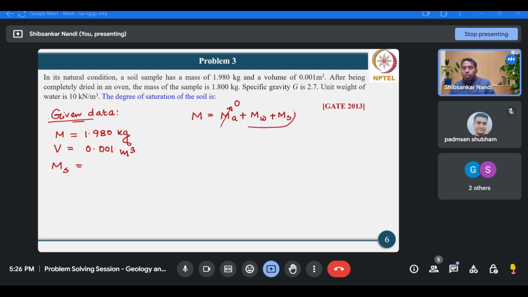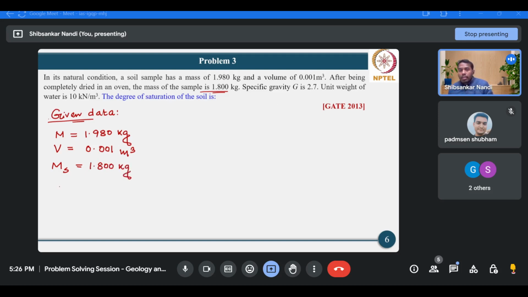Now out of these two components, when you are drying a sample in an oven completely, then this MW will not be there, it will also become zero. So only MS will be there. So that means this mass is nothing but the mass of solids. Okay, so this is the trick here. So MS is 1.800 kg,